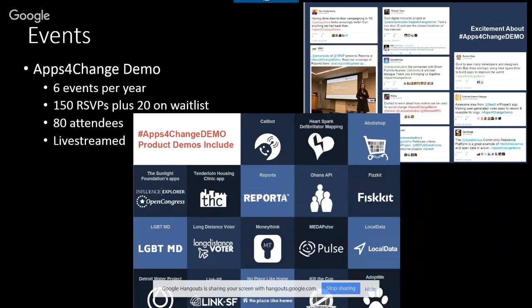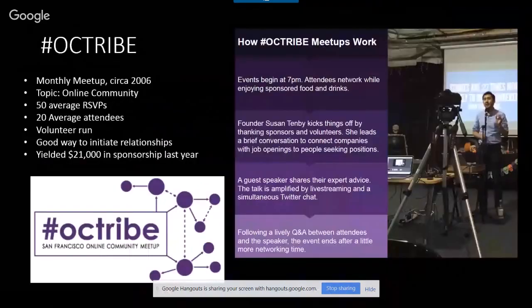What you're seeing in the upper right is some online excitement from these events on Twitter using the hashtag Apps for Change demo.